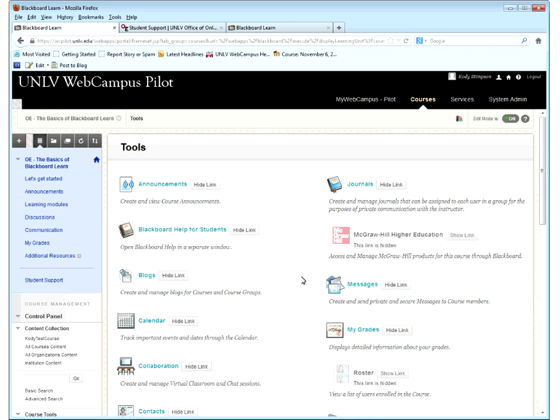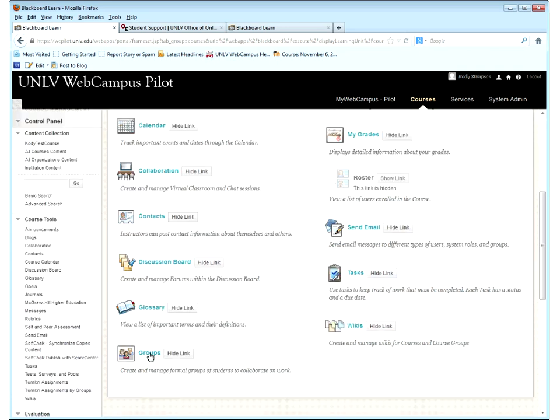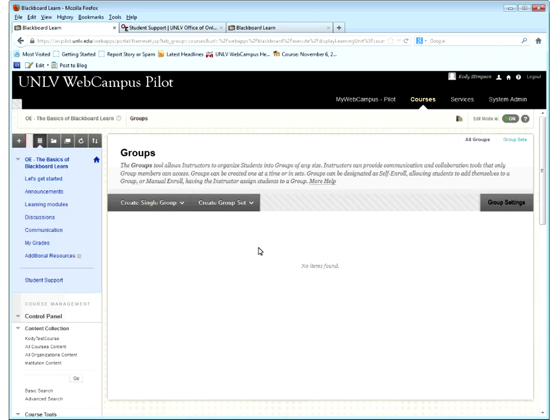Another tool that is popular among some faculty is groups. Sometimes faculty want to break students up into smaller groups, particularly if you have a large class or if you want them to do group projects. There are a variety of tutorials that are available that will go into the details of groups because there's a lot of different options you can do. But here, if you wanted to create a group,